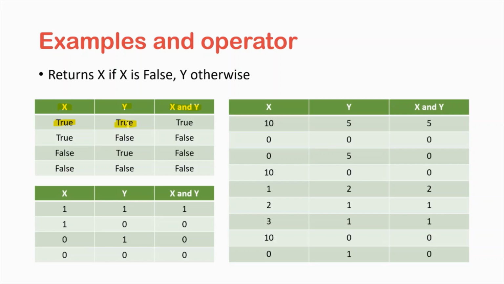So AND means what? If both conditions are true, it will return true. Here x is true and y is true, so when we do x AND y, both conditions are true, so it will return true. In the second line, we see that one variable is a true value and one variable is a false value. So it will return a false value, because we need true values in both variables to get true.